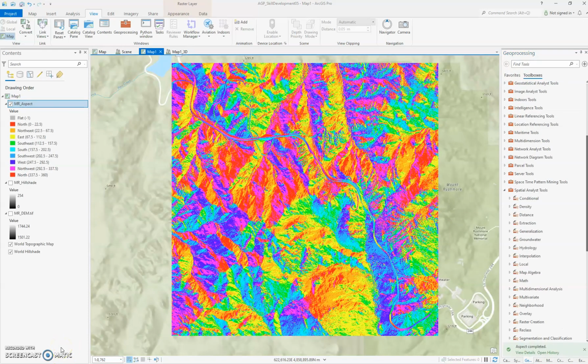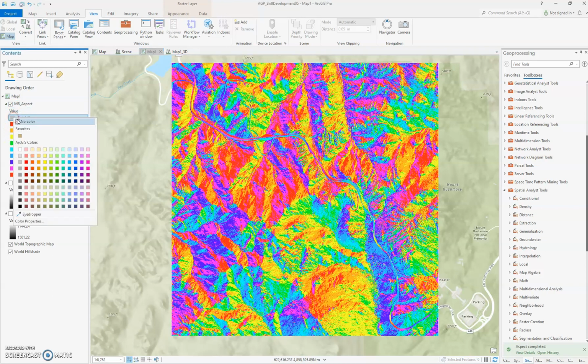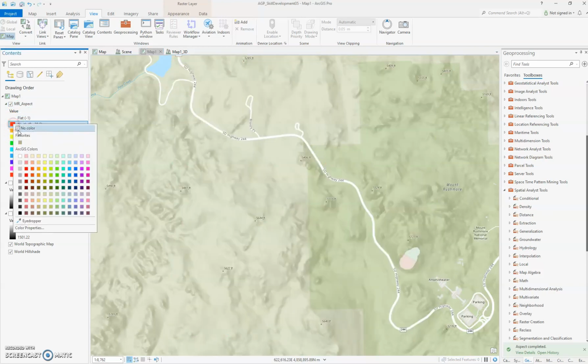Now, aspect creates one of the most adventurous color schemes that you can possibly find in ArcGIS. And one of the things that I will say is that it's overwhelming, right? I kind of love the way it looks. It'd be great wall art. Not so excellent for sharing with community partners when we're talking about specific things. And often that's just the nature of it, we don't need all of this information, right? And so one of those things that I often do,